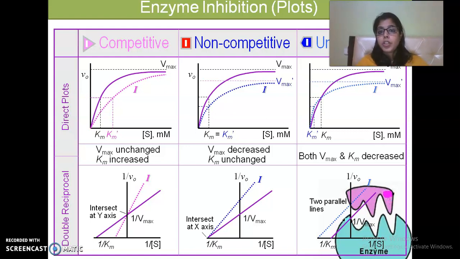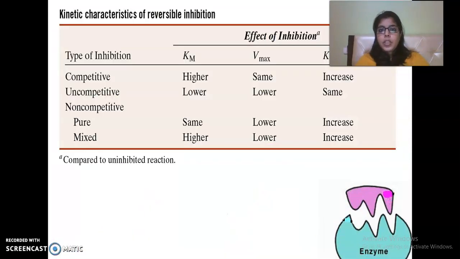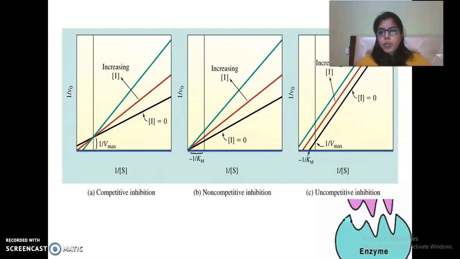Vmax is also changing. So on one side, all three reversible inhibitors, competitive, non-competitive and uncompetitive, are being explained here. I hope everybody is clear. So these are the kinetics, a very important topic which we just discussed: what happens to the Km and what is happening to the Vmax. So this is the comparison shown of the three graphs.